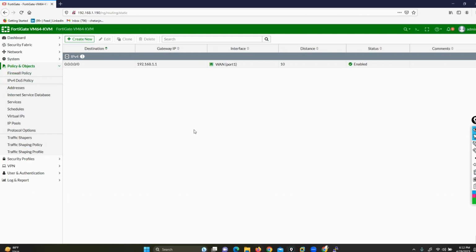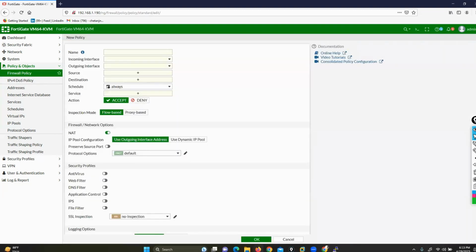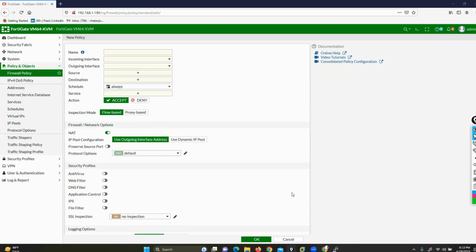In case you are trying to configure a policy this time, you can click on create and define all the parameters: incoming, outgoing, source, destination, services. If traffic is traveling, you can decide your NAT option, using the outgoing interface or a dynamic IP pool. This is the option in firewall policy NAT: whenever you create a policy, you can attach your NAT option. But now I want to configure